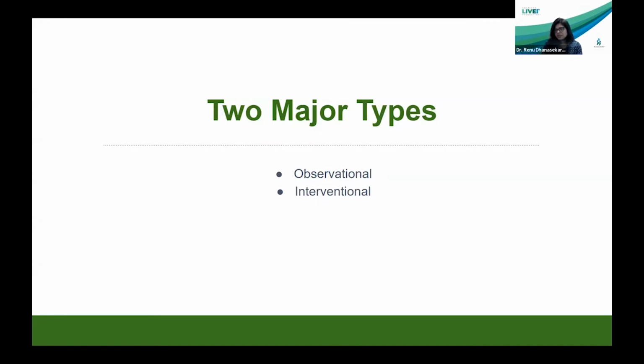And these kinds of observational studies are relatively risk-free for patients to participate in, and we would love to see more of this in liver cancer. The second is a more traditional clinical trial, which is interventional. There is a test or a therapy that's administered to see if it is safe and effective. And we'll go a little bit into details on what the phases of clinical trials are.